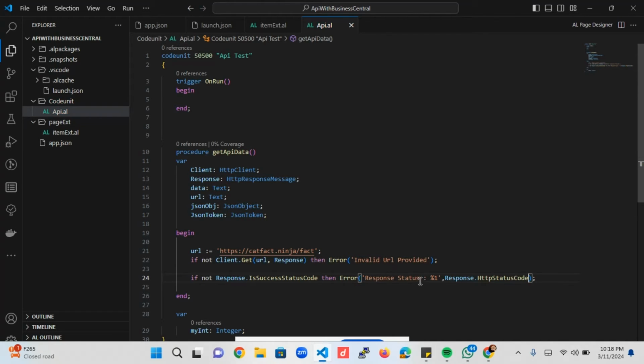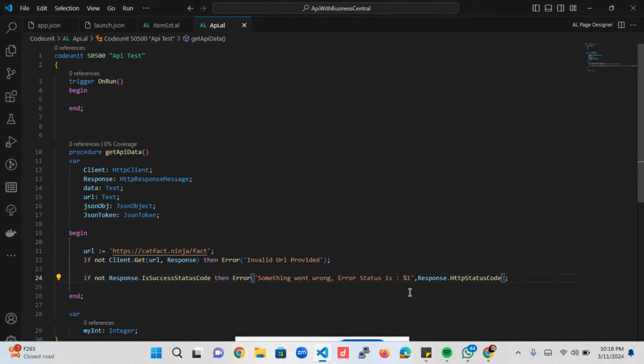So we can say something went wrong, error status is, right? So we can now say something went wrong, error status is, we return whatever status was returned